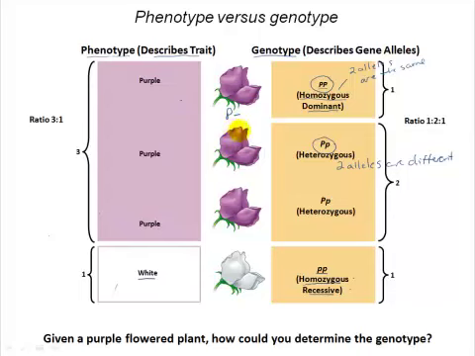So if you saw a purple flowered plant, how would you determine the genotype? If purple can be either homozygous dominant or heterozygous, how would you determine which was which? Well, you could carry out multiple crosses across the generations between purple flowered plants and try to work it out that way. But given the fact that pea plants give hundreds of offspring in each cross, you could actually answer this question with one genetic cross.